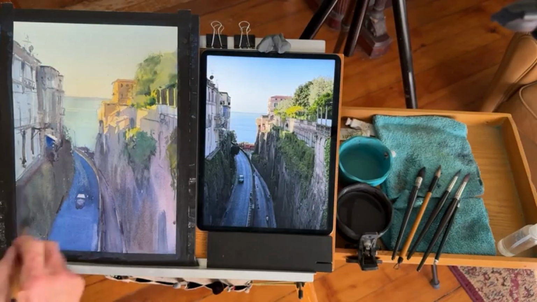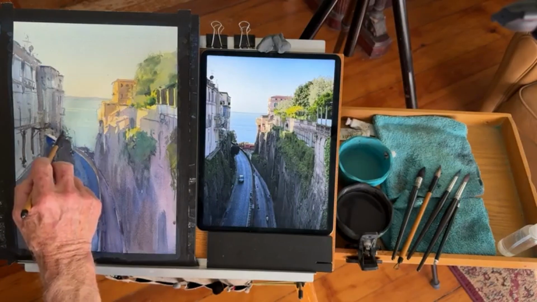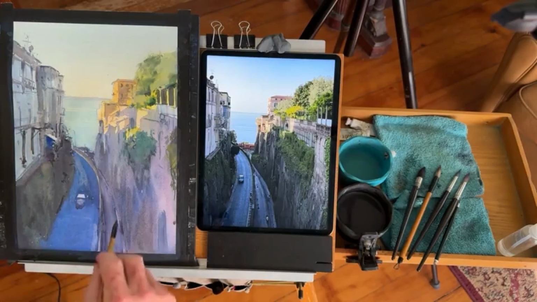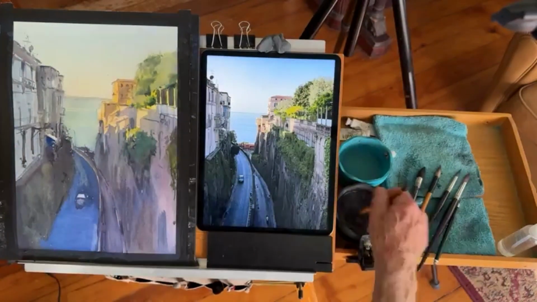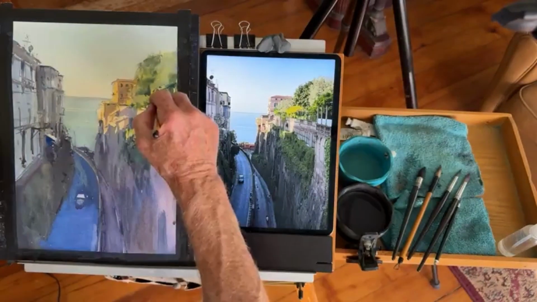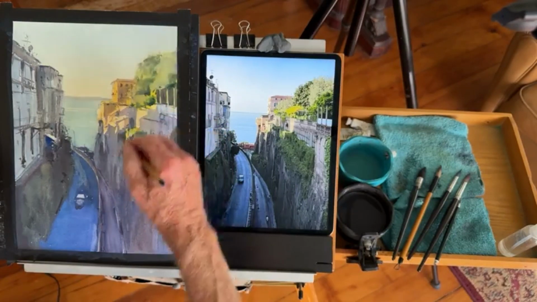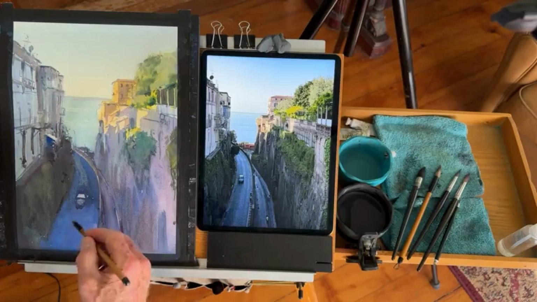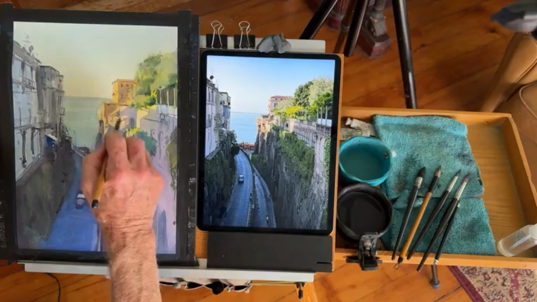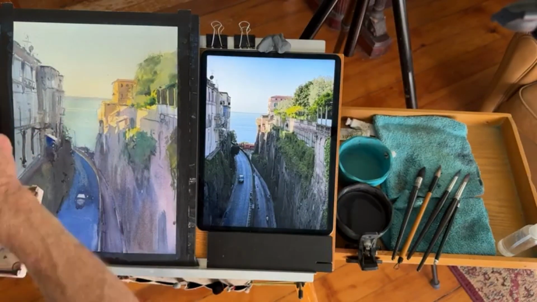Okay, yeah, that looks nice. Okay. Oh, I need to tint these uprights. There's some strong darks in certain places here, which is going to require